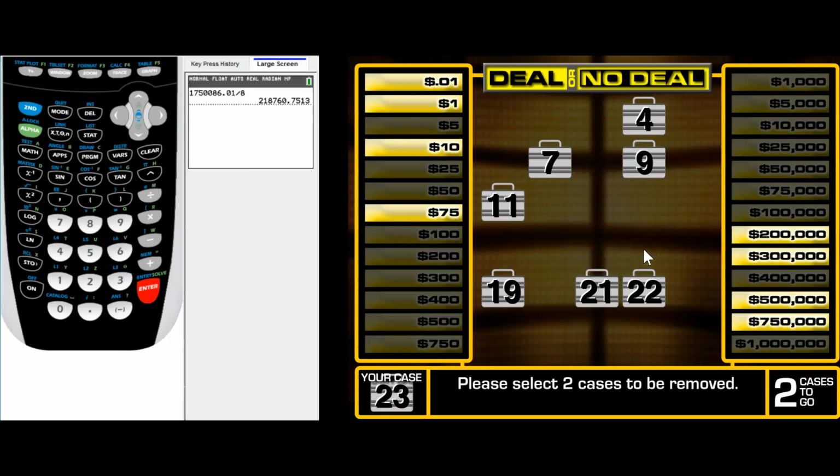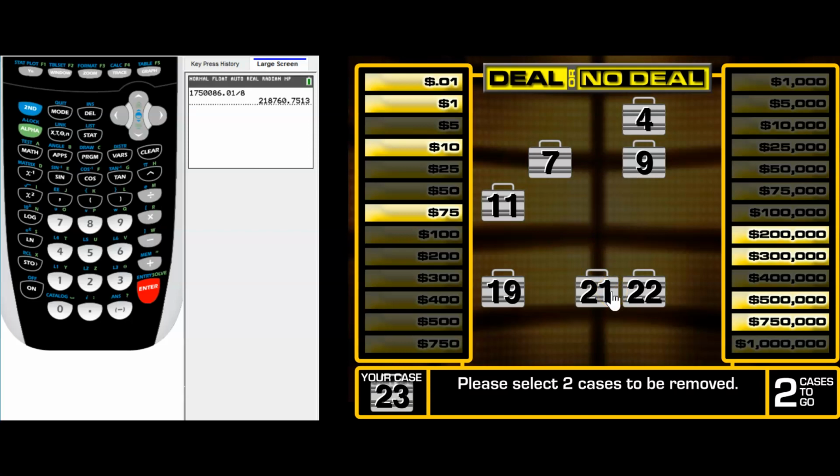So if I simply had one case, like the $1 million case, that was skewing my average really high, skewing that expected value, then maybe I wouldn't continue. But in this case, given the fact that the expected value is about 219,000 and they're offering something that is in the $188,000 range, I think that I can definitely say no deal. And we should also notice that at this point, we have a 50% chance of having a value in our case that is 200,000 or more, or a 50% chance of having a value that's $75 or less.